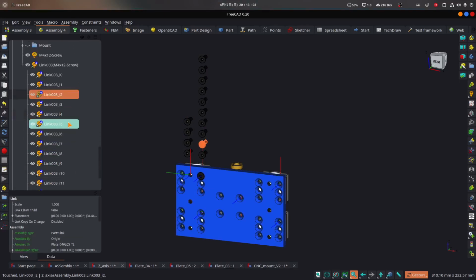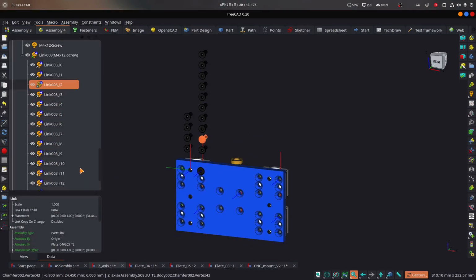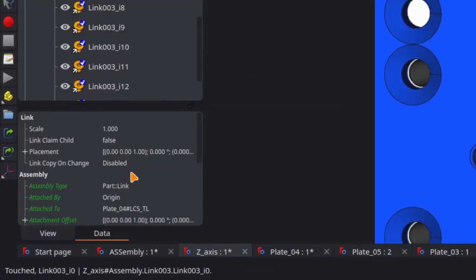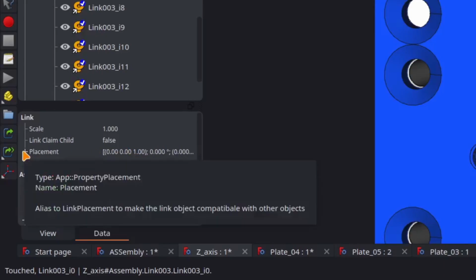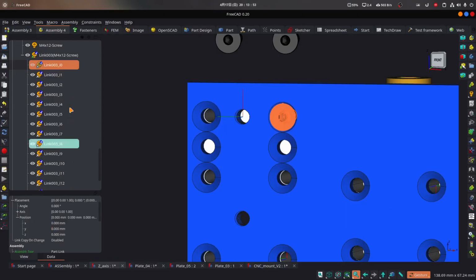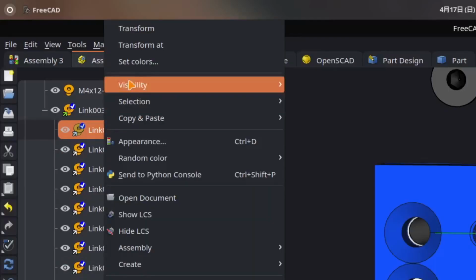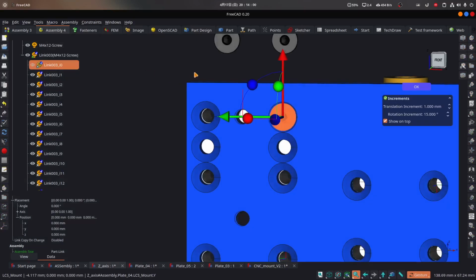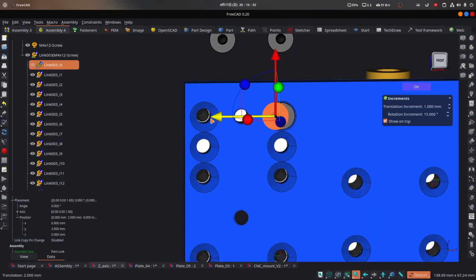Now what we need to do is to change the local coordinates of each screw relative to the main screw. We find these values in the link section, placement, position, X, Y and Z. One way is to right click on the screw, click on transform. A set of arrows will appear.